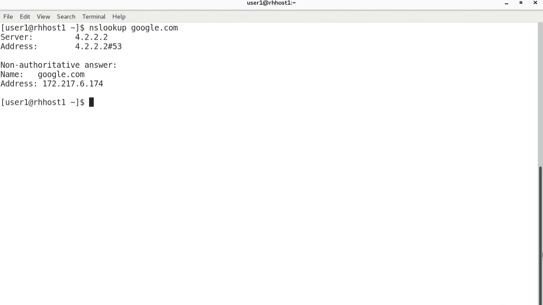Some things are easier when using nslookup than when using dig, and it may be more familiar to users of other operating systems. However, I find myself using host for simple resolution tasks and dig for more complex ones. nslookup gets lost in the middle somewhere. If you want to know more about nslookup, type in man space